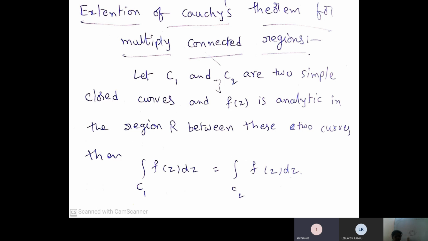Two simple closed curves are there and f(z) is analytic between these two curves. Then integral over C1 of f(z) dz equal to integral over C2 of f(z) dz. This is the extension of Cauchy's theorem. Next,